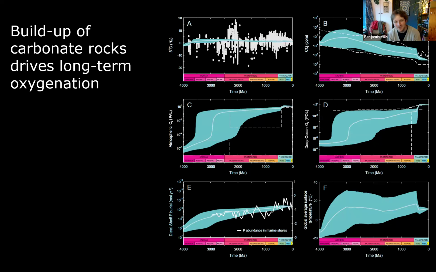No, I think it's a very good point. So I guess this is one of the reasons we're building models like this, because the simplicity of the model means you can run it thousands and thousands of times and test lots of different things. So what we're able to do is to run tests where we don't vary outgassing at all, or where we do some fairly extreme uncertainty analysis on what things could have been.